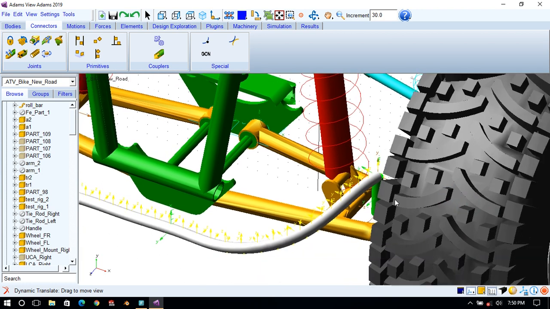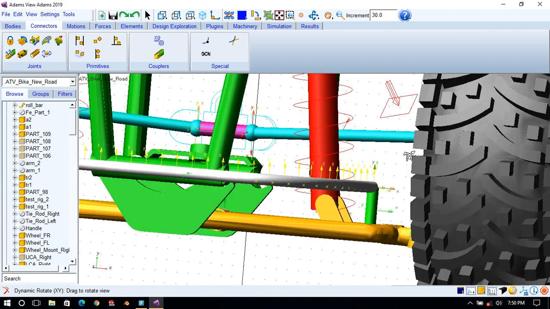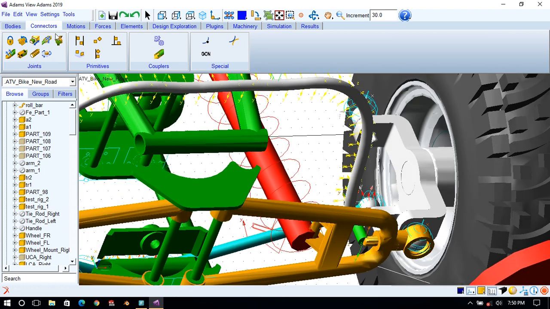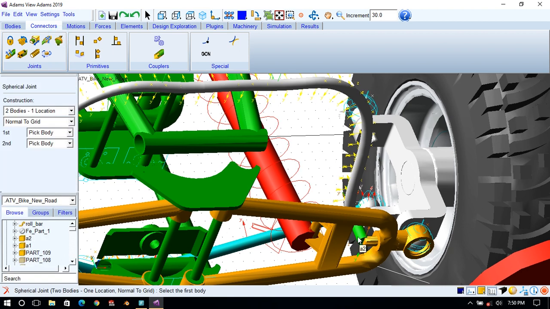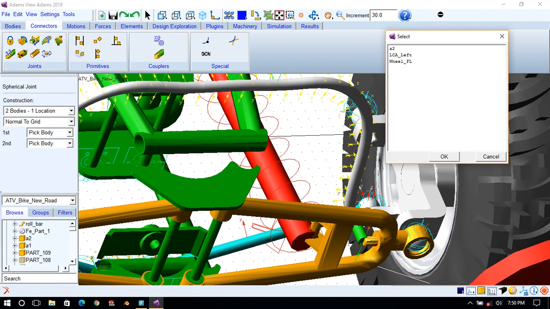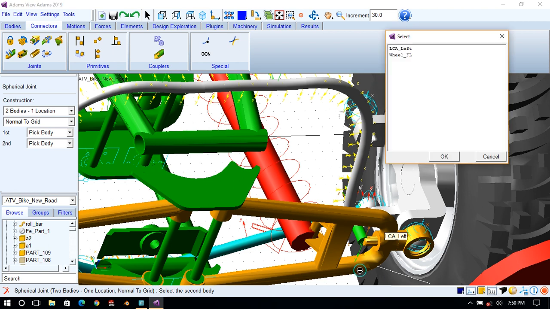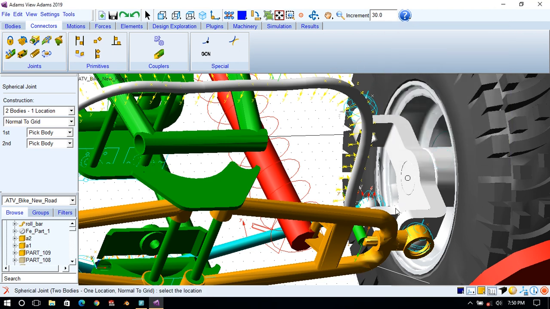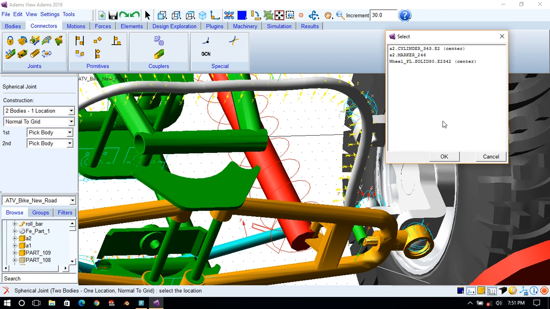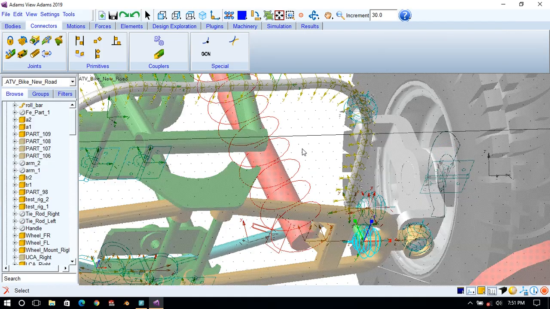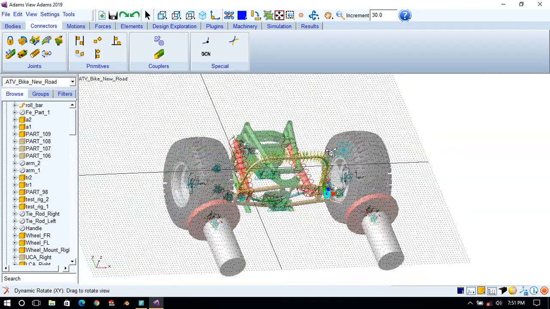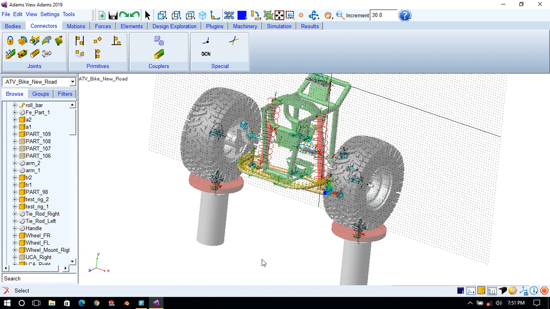Similarly on this side also, click on spherical joint. First body as arm 2, A2. Second body is this lower arm, LCA left. If you are using a different name, make sure that you are selecting that marker. Okay, so this one is created as a spherical joint.